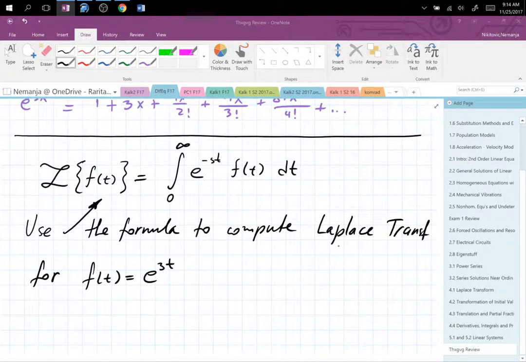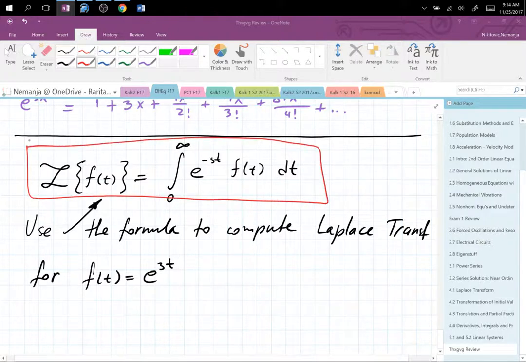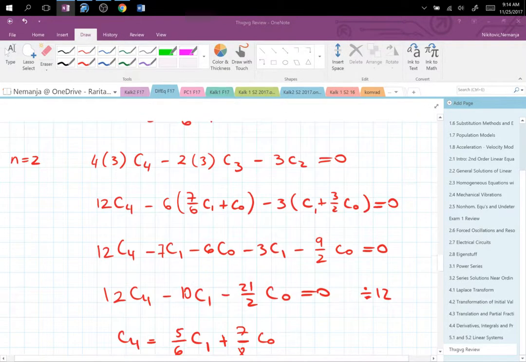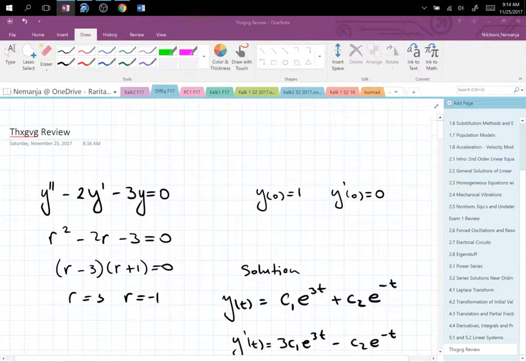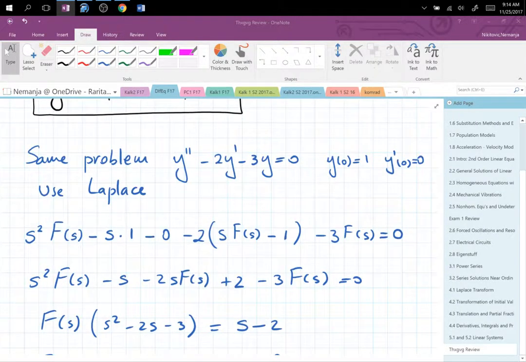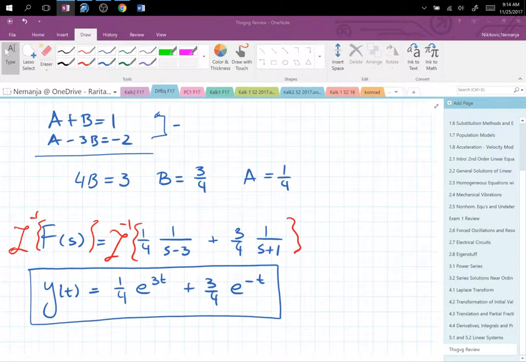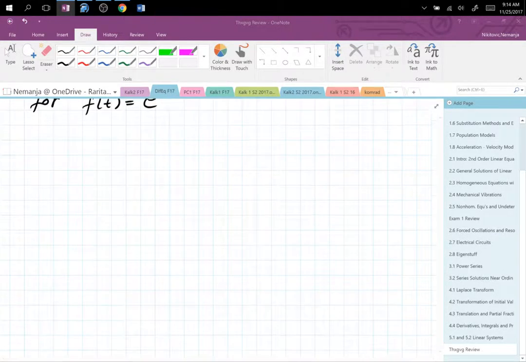So your job as a student is to learn the Laplace transform definition formula, which is this one. Now, the table of Laplace transforms is given to you, which means that for the problem I did in blue, you didn't have to crank the formula for each one of these. You just used the table, and that was good. And also, when you got here, you didn't have to crank any integrals. You just use the table and you're done. But the question that is a Laplace question,